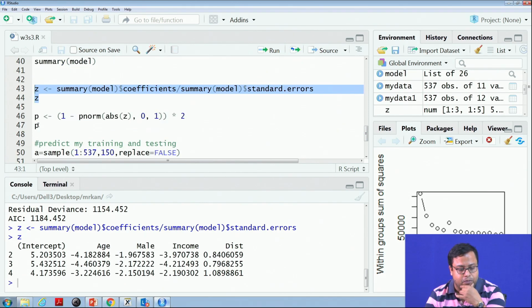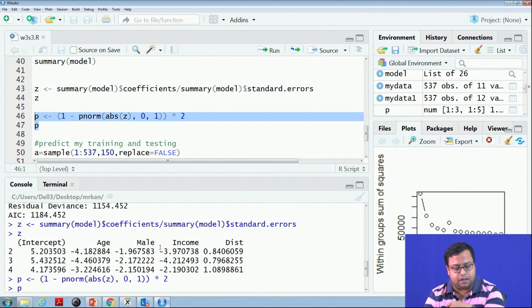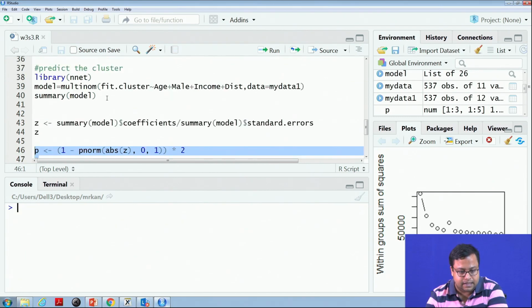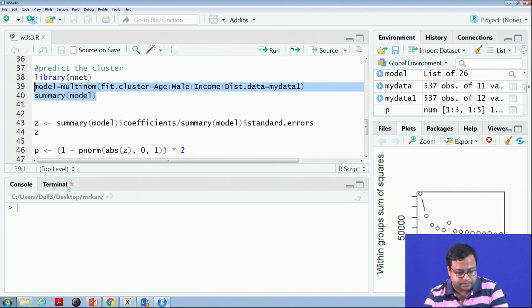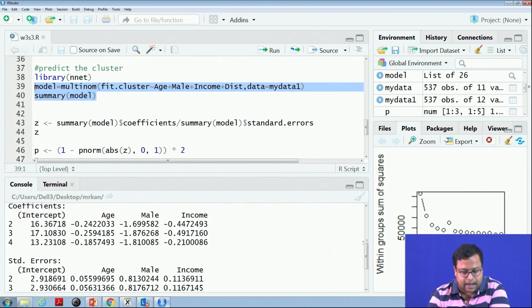We can find out the exact probability values, the p scores. Other than distance, which is higher than 0.05, the rest of the 4 things, intercept, age, male and income, are significant for all the observations. So, that means I can probably run this thing not using distance, and then run, and this is the right score.